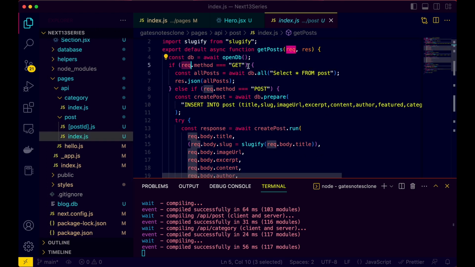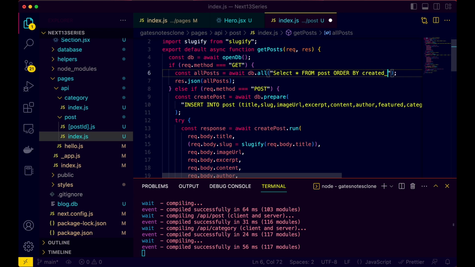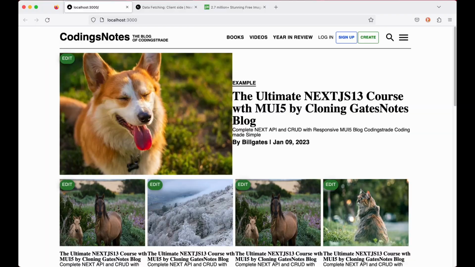Now here we are getting all the posts. So all posts is select all from post. Now here we can also query this differently. So here I can say order by, just normally like we do in SQL, created underscore at, because created at is the date we create that image, and also this column is included in our table, so that's why we can use this like that. So here now I can say it will be desc, which means order everything descending using created at. So let's save this, and now if we go back, as you see, we got the image of that dog